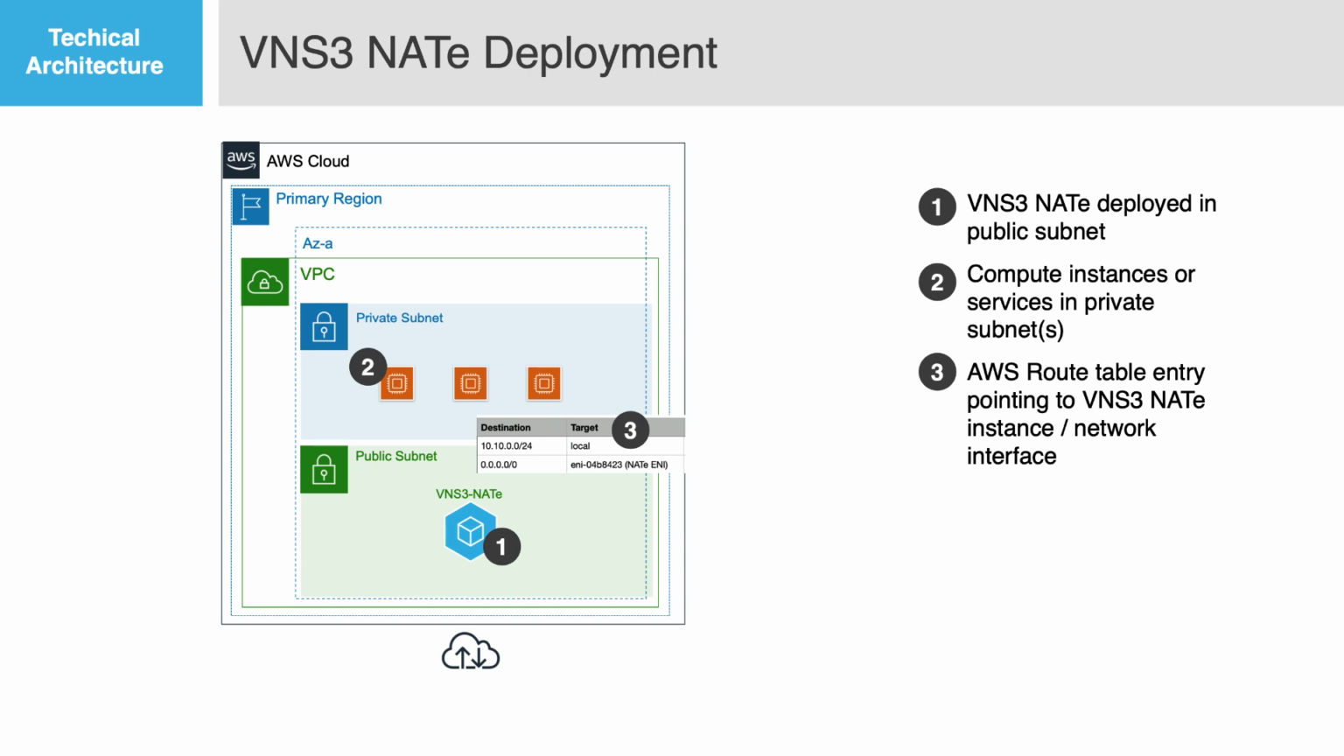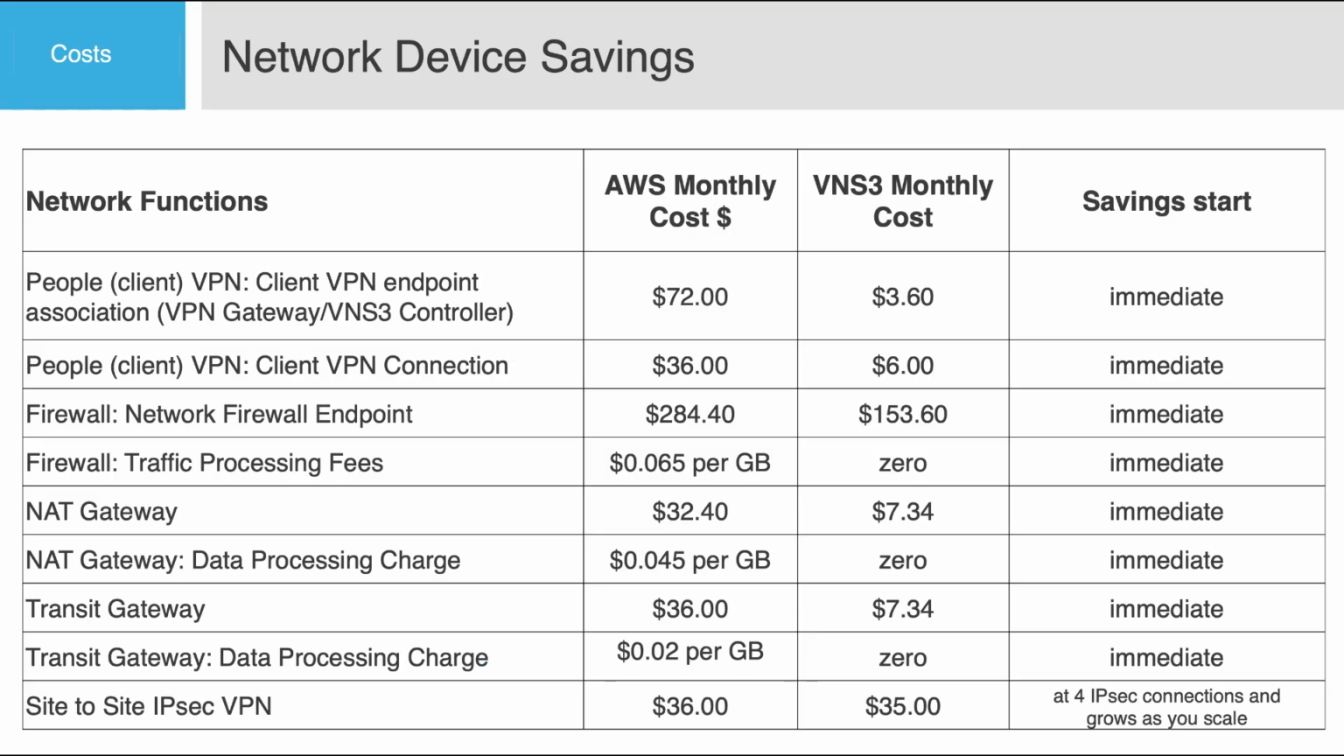VNS3 NATe was created to replace AWS NAT gateways, saving money on data transit costs while providing additional features and visibility to your cloud network. Since the start of 2024, our customers have saved over $7 million on AWS data tax by replacing NAT gateways